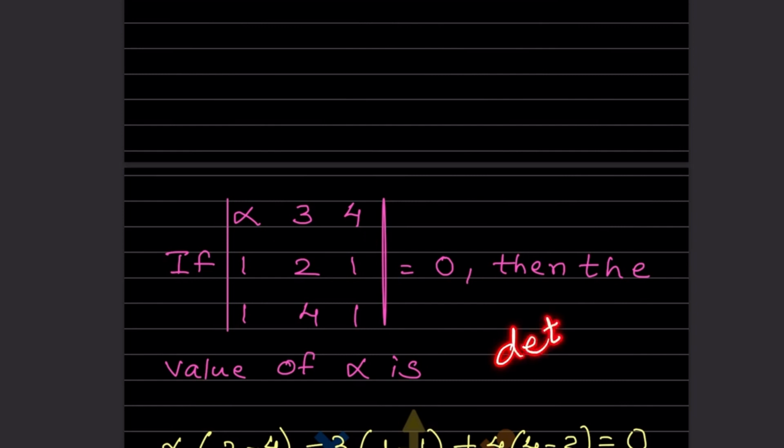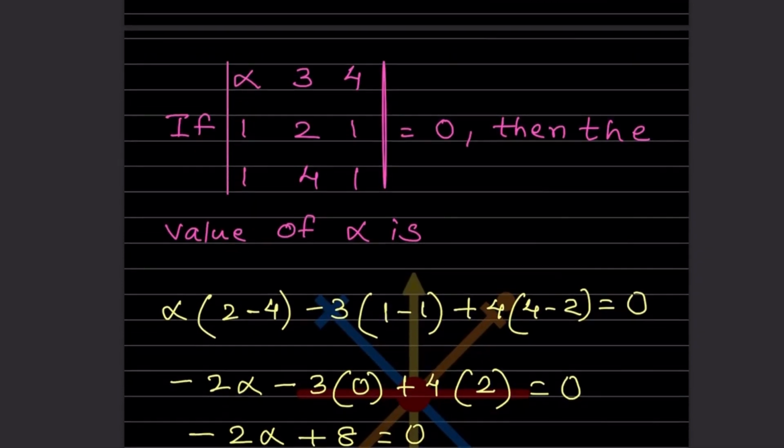If it is a matrix A, we write det A, or we also write this by just putting two lines over A. It is just like an absolute value. It's not an absolute value, but for determinants we just put two lines. And to write a matrix, we just put brackets. Now it's given here, if the matrix with alpha, 3, 4, 1, 2, 1, 1, 4, 1 has determinant 0,